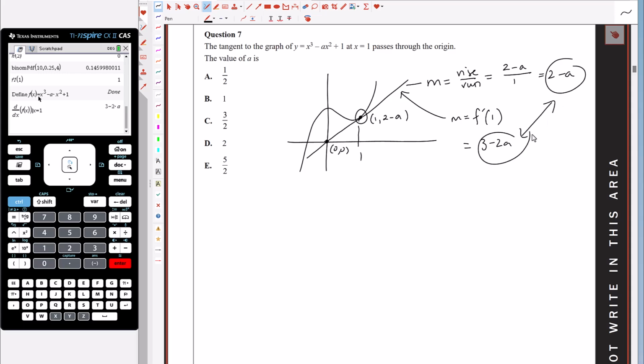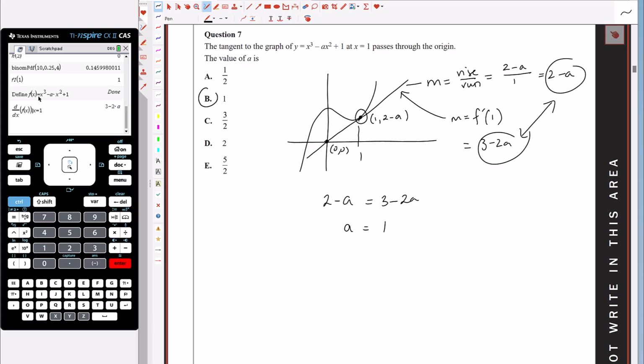So 2 minus a equals 3 minus 2a, adding 2a gives us a on this side, and subtracting 2 gives us 1 on this side, and so a must equal 1,